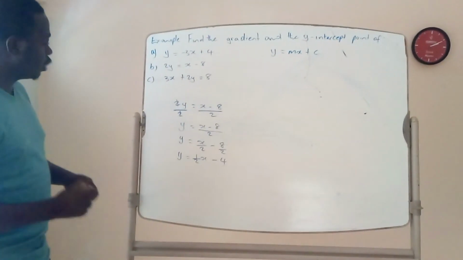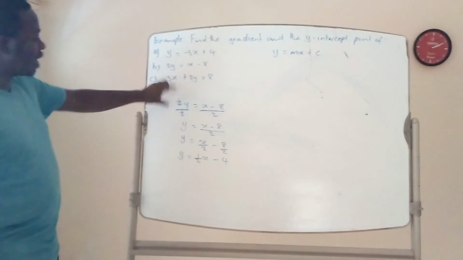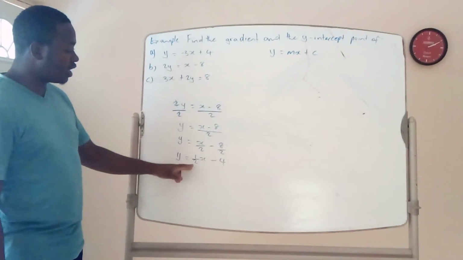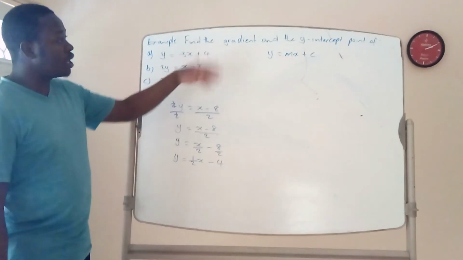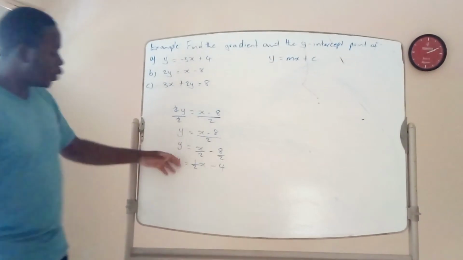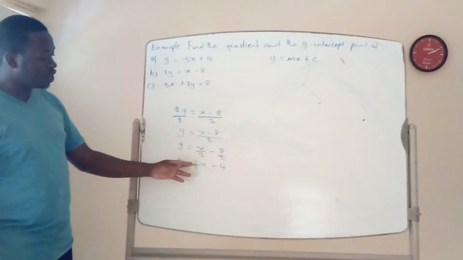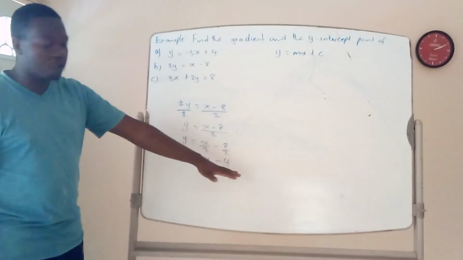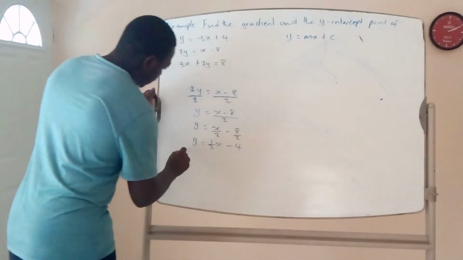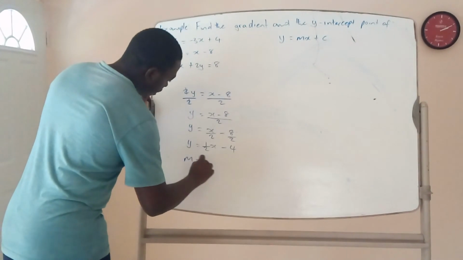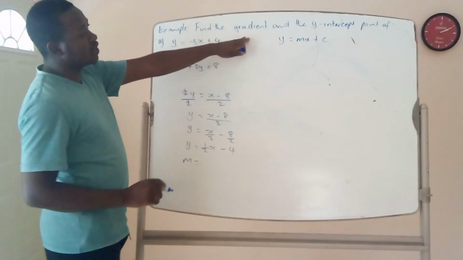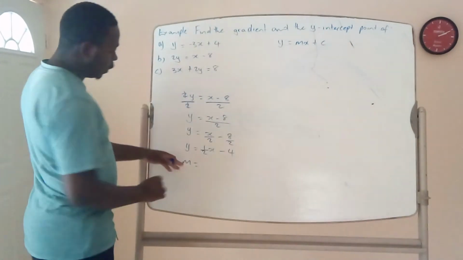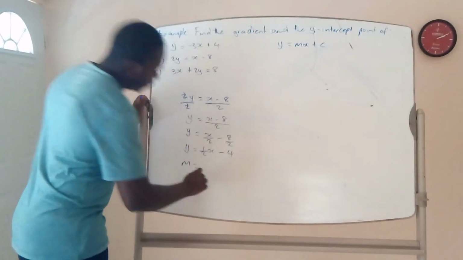Now we would have done our job by rewriting the given equation in the form y equal mx plus c, where we can clearly see the coefficient of the x term is 1/2 and the constant here is -4. So therefore, we can go ahead and answer the question because they asked us to find the gradient and the y-intercept. So the gradient, which is m, is equal to 1/2,